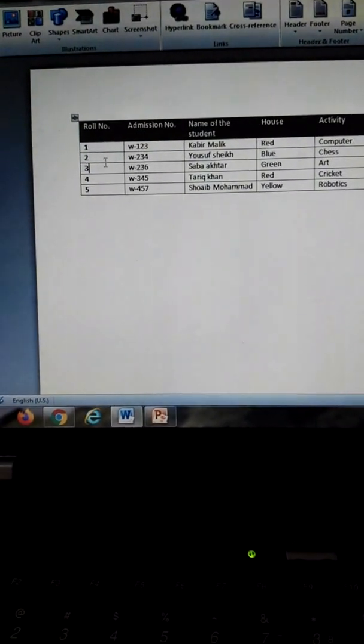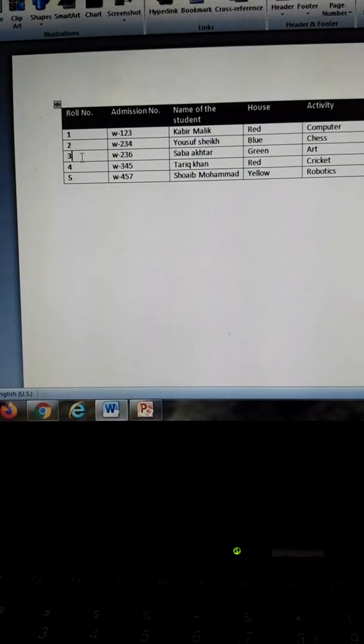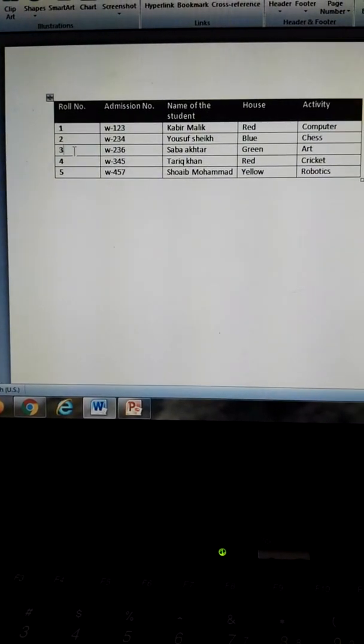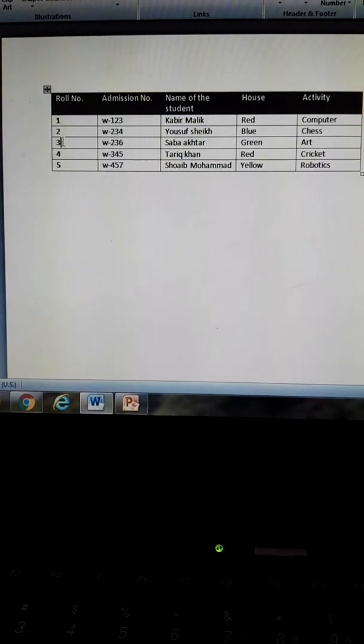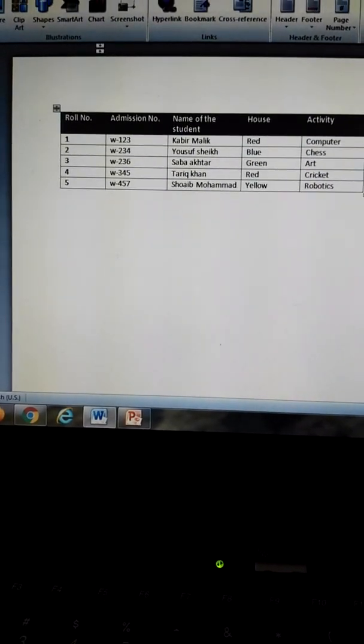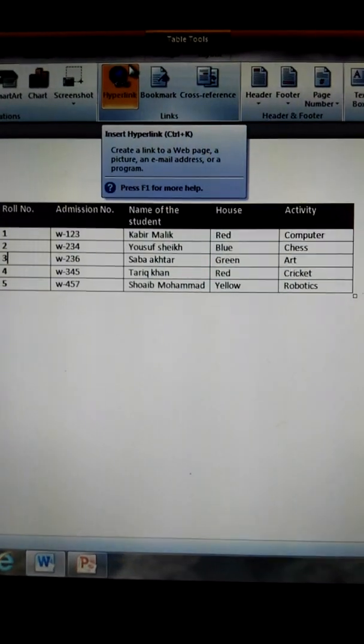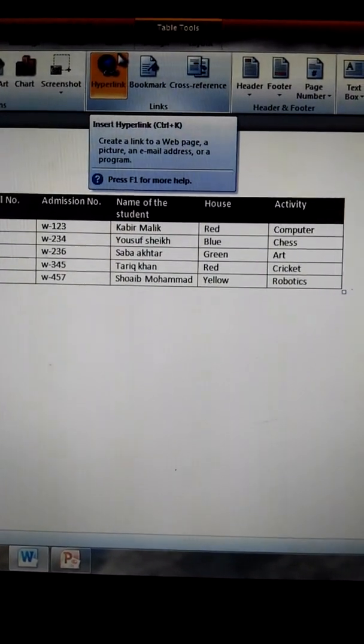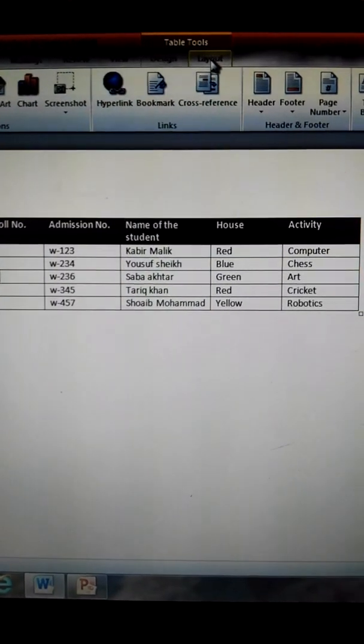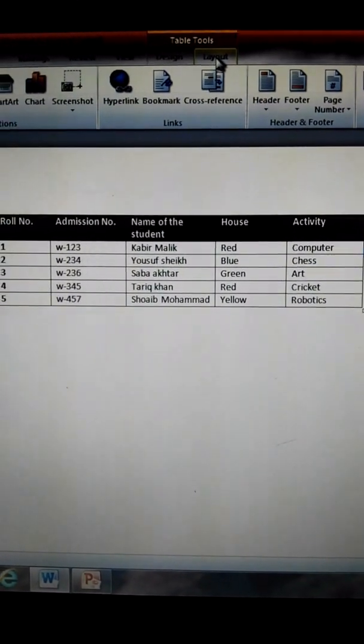Let's suppose we want to insert a row below row number 3. Then we will place the cursor in row number 3 and move to the Layout tab from the ribbon.